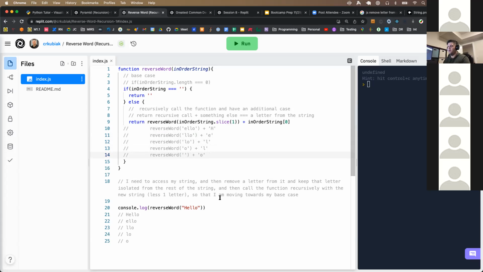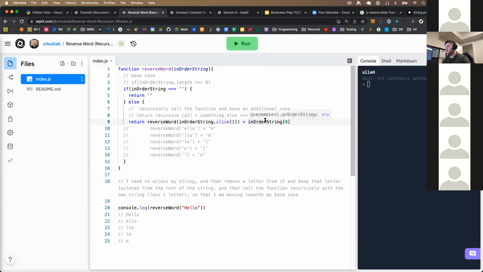Right, so there's my empty string in my base case. So then I add back in the 0, then I add back in the L, the E, and then the H. Right, and so that's how this goes through here. All right, now,